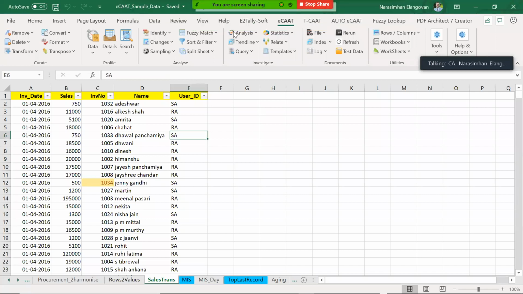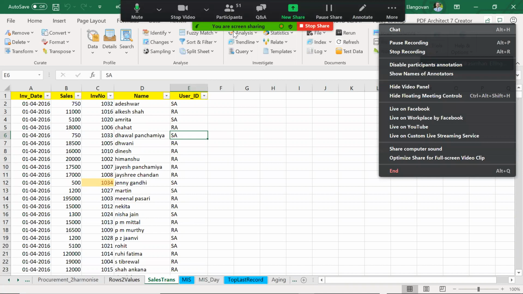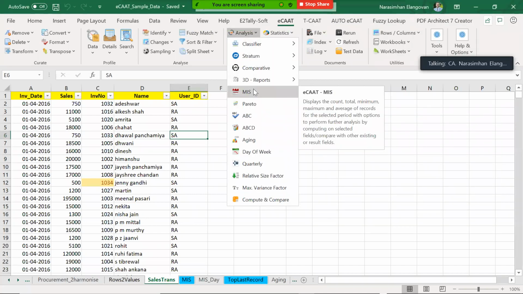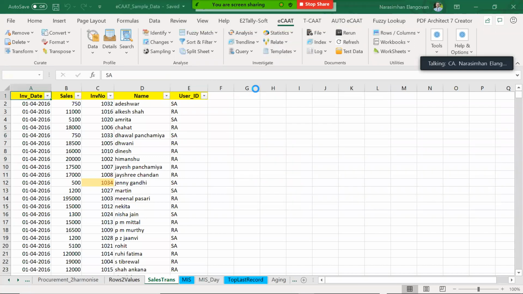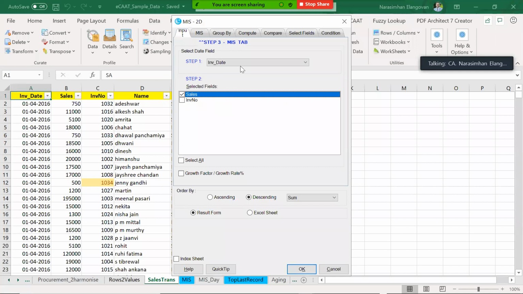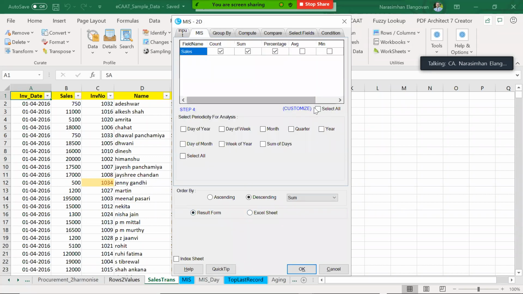Yeah, can you drop a message? What is it that you would like to perform analysis on under MIS, correct? You chose sales, invoice date is there, correct? Now you chose descending order, all this basic information, and you also chose select all here. Let's try week of the day, or you can say day of the week, that is better. Day of the week. What is day of the week? Monday, Tuesday, Wednesday.